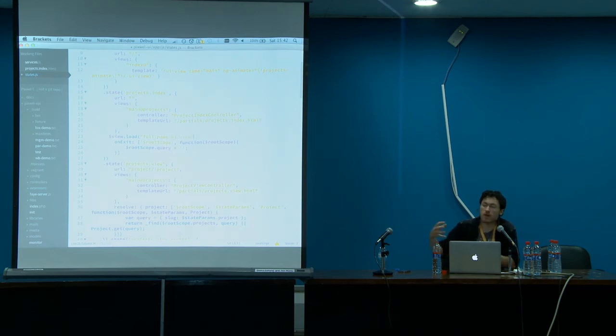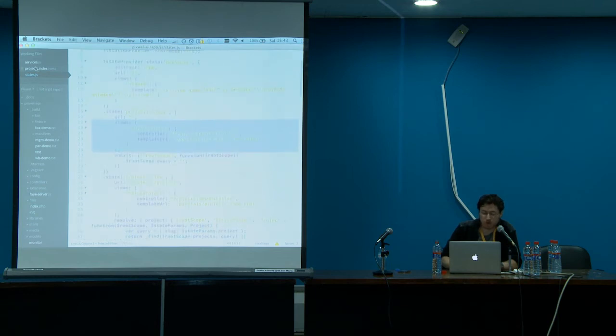Because views are nested, if you want to target something at the root, it would just be whatever the name is. But if it has a child, you could say child, and then give it a template URL and a controller, and it'll load into that view. So we're pulling the parts of the state machine that are responsible for that out into user space so you can manipulate them directly.